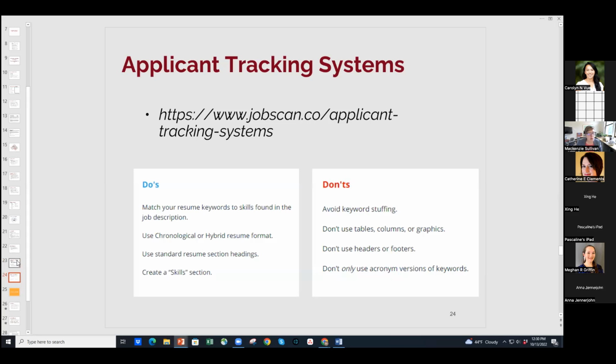Okay. Oh, last thing I did want to briefly touch on, and then we'll touch on cover letters and we'll open up for questions. I get a lot of questions about applicant tracking systems, sometimes all called ATS. That is the electronic software that large companies, particularly tech companies, will use to get a first scan at your resume. So smaller companies, nonprofits, even the University of Minnesota, right? The applicant tracking system is a human being.